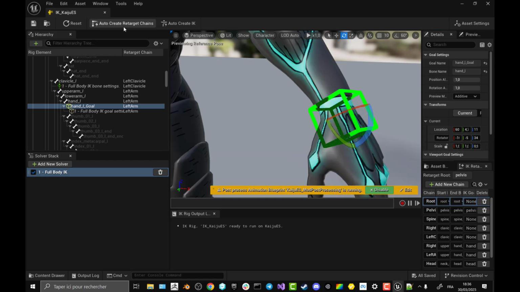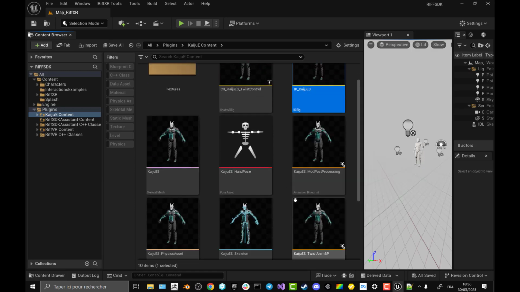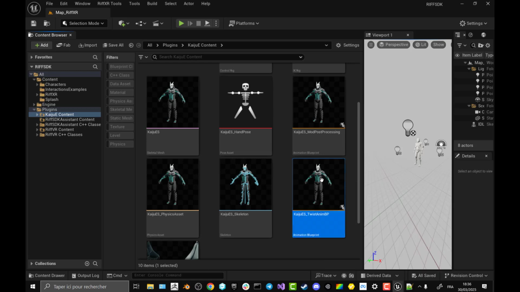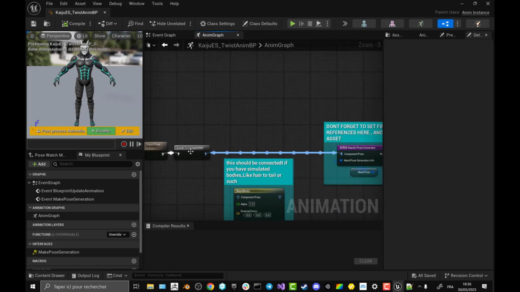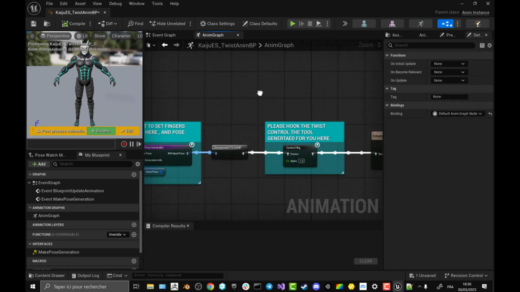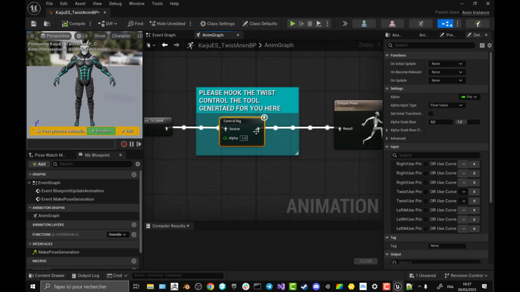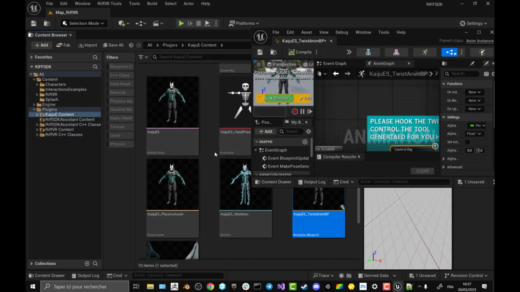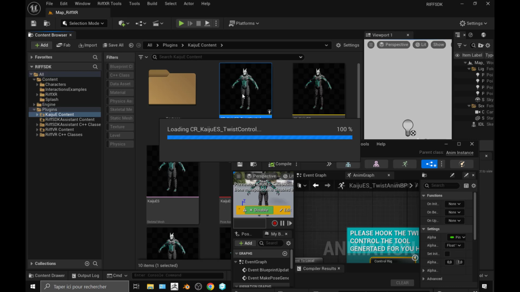So let me go back to the default view. And now what I need to do is go to the animation blueprint and go to the animation graph. And now I need to add the control rig. So you can put it here, you can put it here, whatever the place. Or you can already use the one that has been provided to you with the SDK, which is this one. So you can hook the twist control tool generated for you here. Because if you remember, we already have an arm twist created for us, which is this control rig. So if I open it,